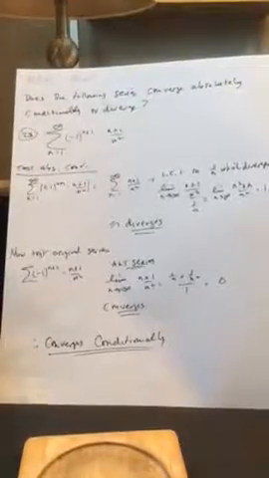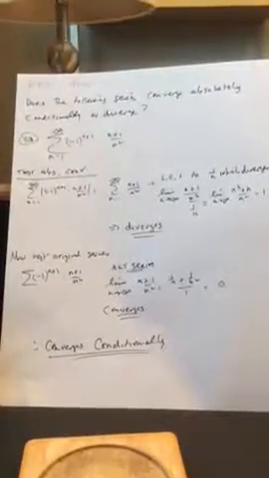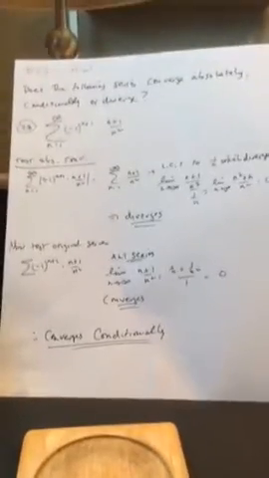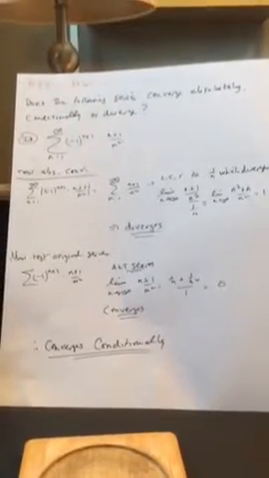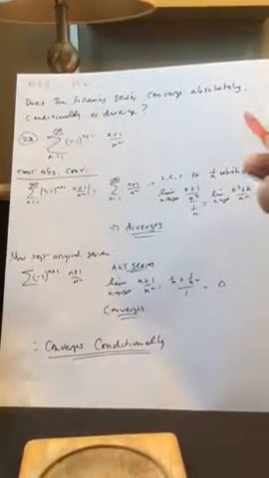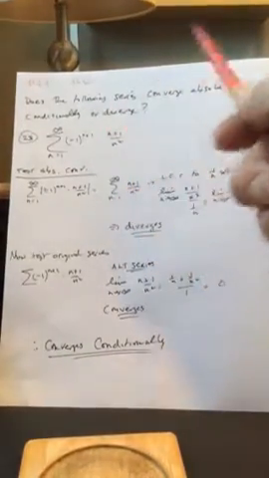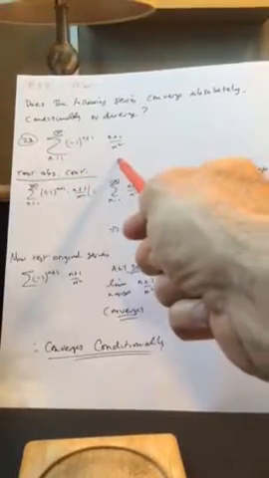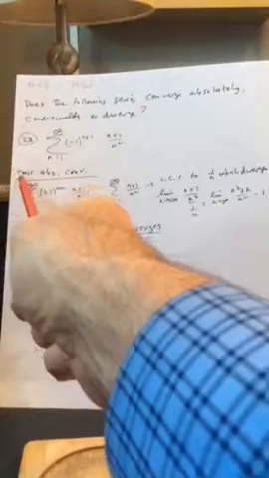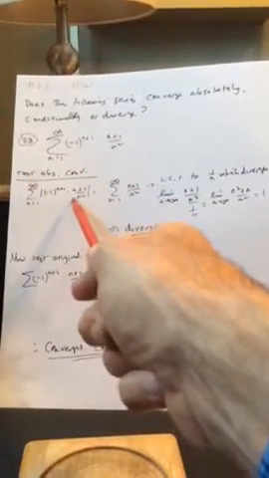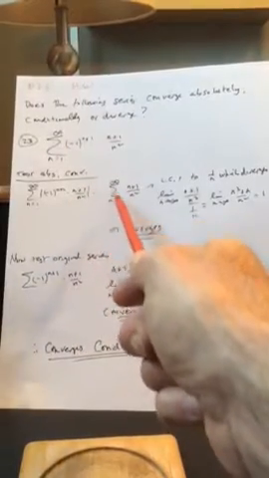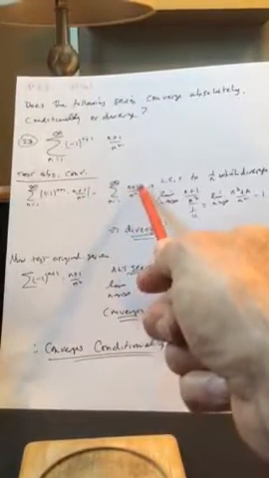Okay, reviewing absolute convergence and conditional convergence by looking at number 23 in the homework in 9.5. So we're asked, does the following series converge absolutely, conditionally, or diverge? Here's the series. First step, I should see clearly the test for absolute convergence. I put absolute values around this, and now I'm evaluating this series, n plus 1 over